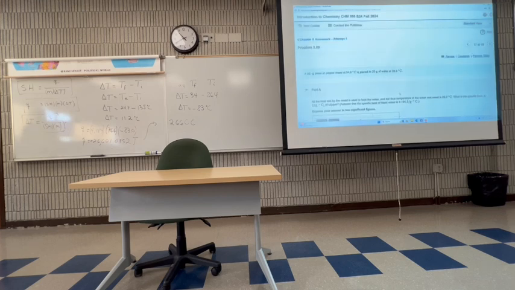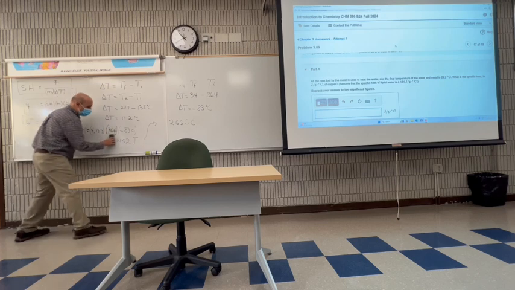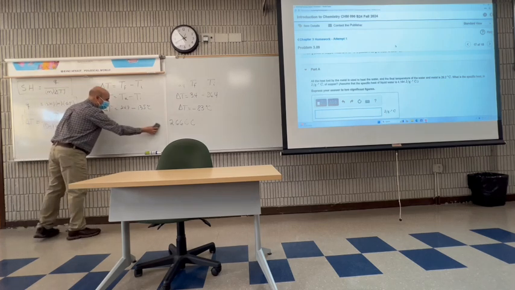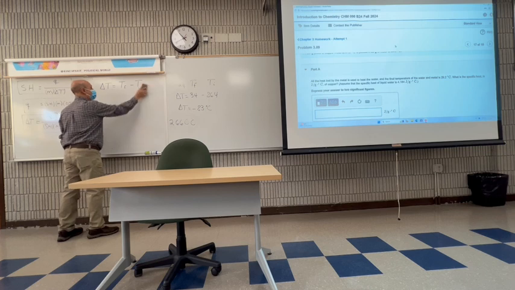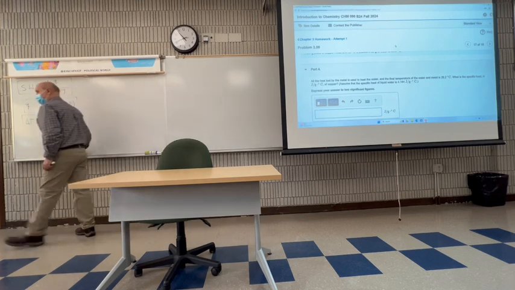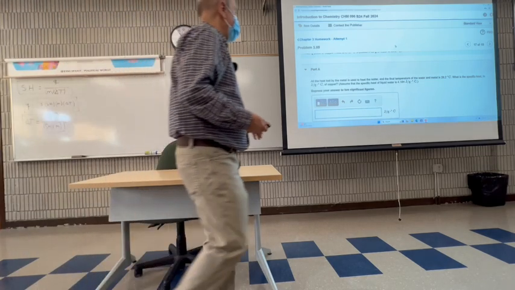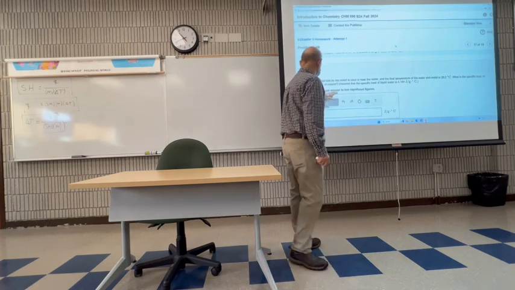And I want to see one with specific heat. Oh, so this is a word problem. This is super important that we do together because it's a multi-step problem that you need to rationalize. So let's read it carefully and see if it can be translated into something simpler than this long sentence.